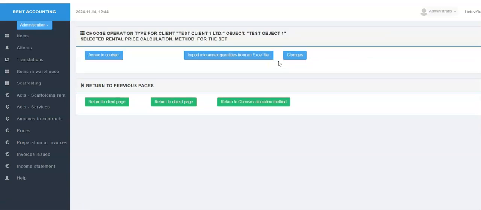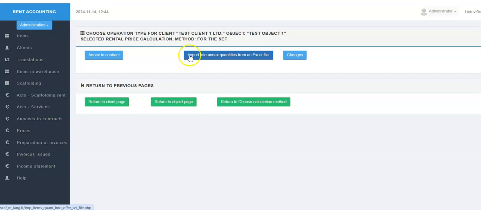Next, we can continue the reservation of scaffolding components by selecting the Annex to Contract button, or if we have a properly formatted Excel file with the list of quantities of the components required for this object, which can be generated, for example, from the scaffolding design system, we can select Import quantities into the annex from the Excel file.